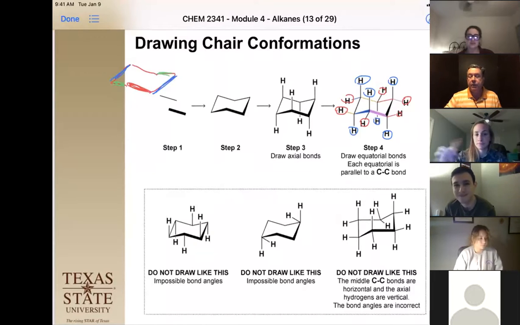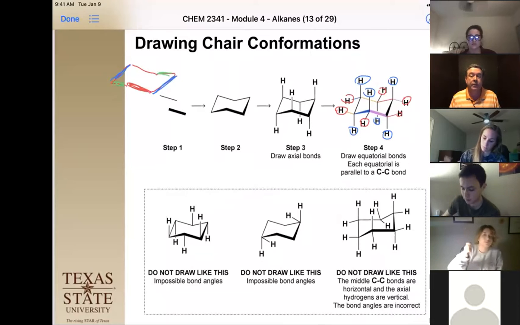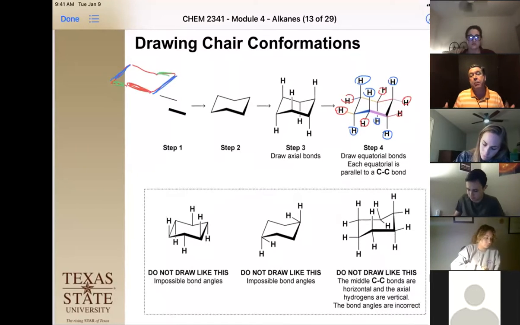Okay, so last time we were talking about the chair configuration of cyclohexane and why it's the most stable, why it has zero ring strain, because you can arrange it so every bond has that 109-degree angle and none of the atoms are eclipsed. They are all in their staggered or gauche configurations. So that's why we have that as the most stable configuration for this. And then we ended with figuring out how to draw the